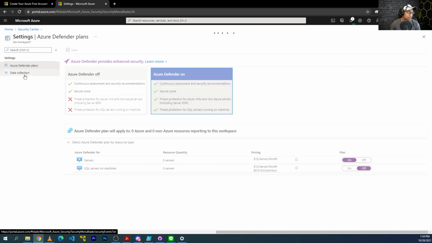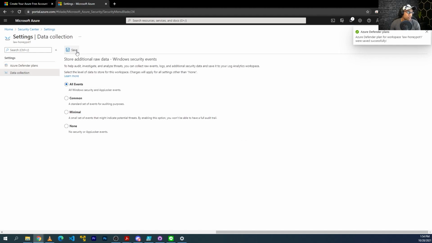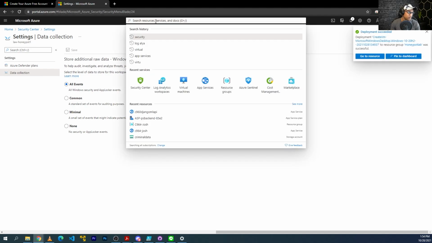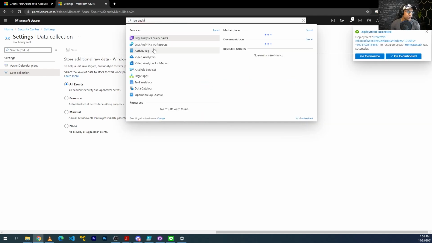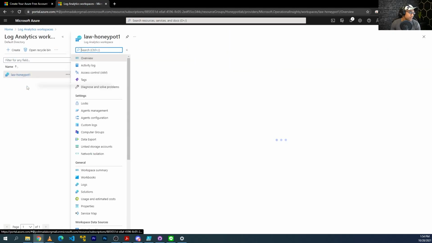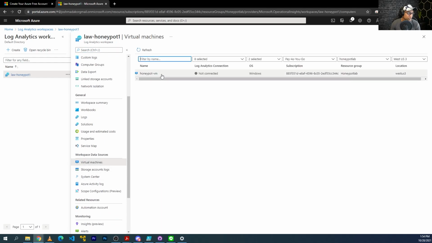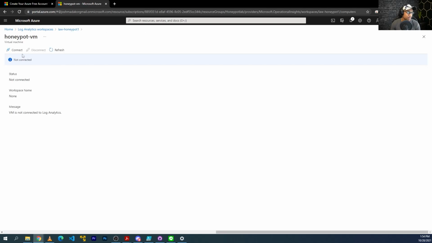And then on the left here under data collection, go ahead and click this. And then we're going to collect all events and then save this. And once that's saved, we're going to go back to our log analytics workspace, and then we're going to connect it to the virtual machine. So go to log analytics and then click your workspace. And then on the left, there'll be a virtual machine somewhere. So just click, this is the VM that we made in the very beginning. So just click connect here to connect to the